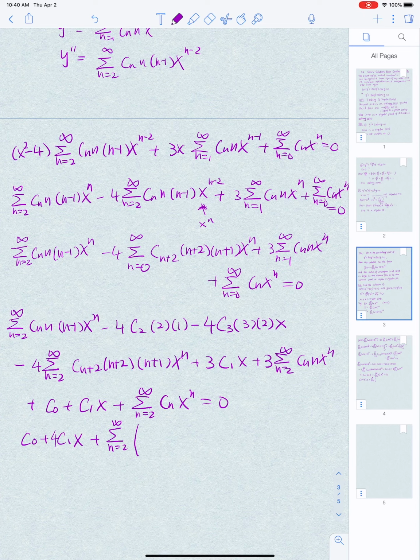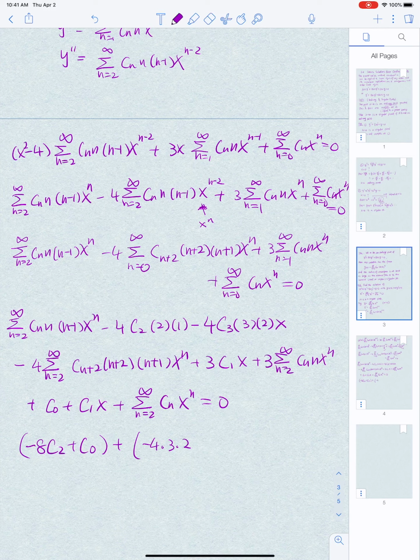Oh, I think I'm missing, sorry, I'm missing the constant here. I was only looking at here, but the equation is so long. It starts from right here. So let me write the constant, and then plus C naught, that's a constant term. And then x power. So this is -4